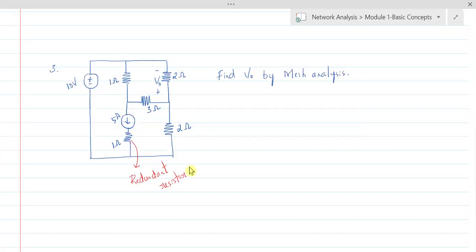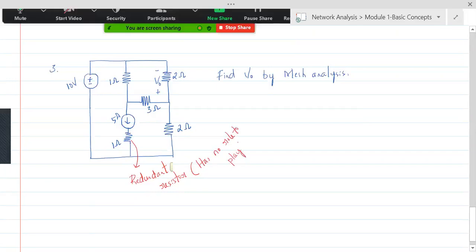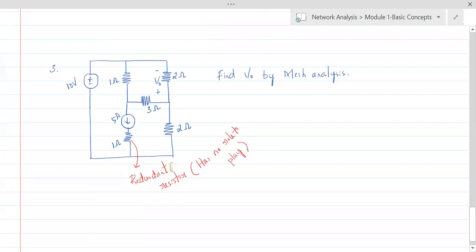Redundancy means it has no role to play. In Kannada, they say "Ata kuntu lekkakilla," right? It is that. Those who don't understand Kannada, I don't know how to say. We will be having them in the game, but they'll not be of any value to us. So that is what we say.